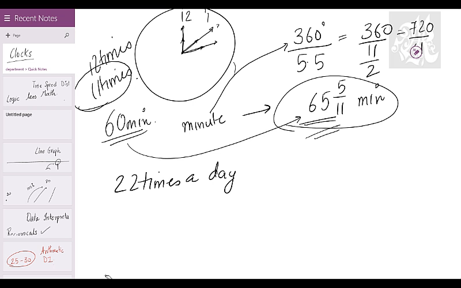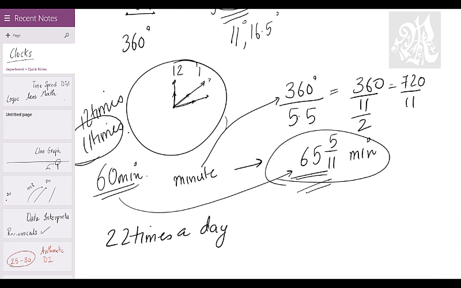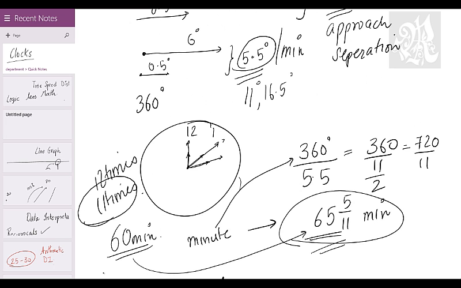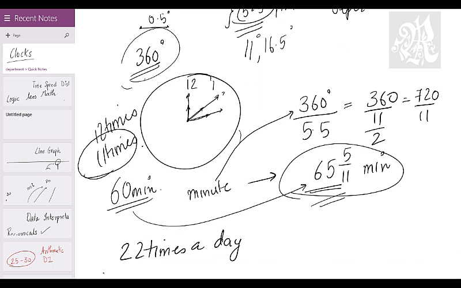Are we clear? Okay, so I'll repeat this once again, just for understanding. 360 degrees. First of all, let's start with the rate of speed. 5.5 degrees per minute, which means the minute hand goes ahead by 5.5 degrees every minute. If it goes ahead by 360 degrees, it will meet. So for going ahead by 360 degrees, you have to cover 5.5 every minute. So we found out how many minutes. How many minutes did we find? 65 by 11 minutes, which means they meet every 65 by 11 minutes.